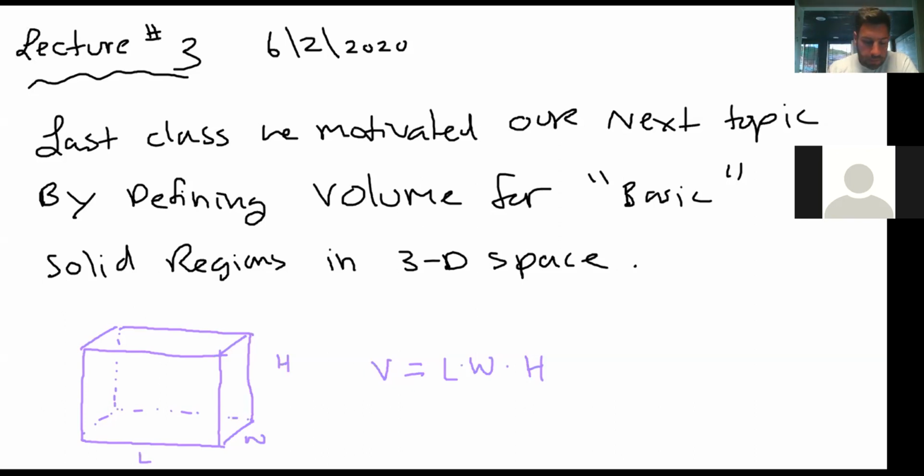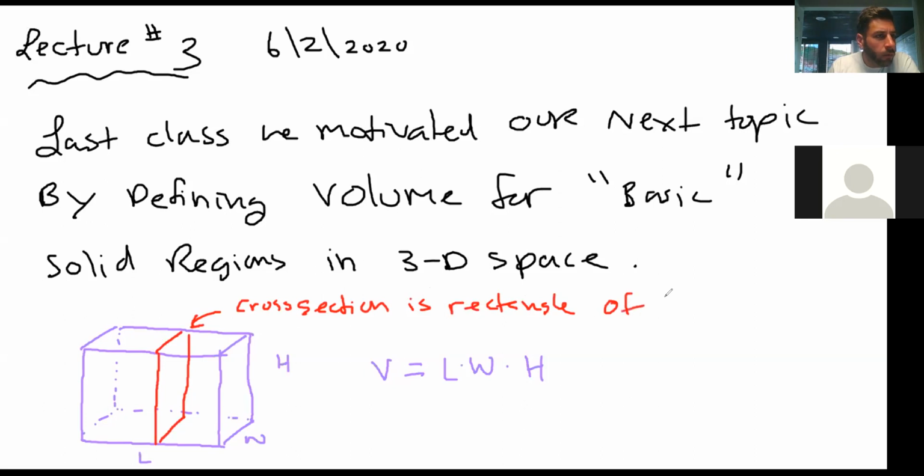So if I take a red pen and cut this thing down and make sure that my knife remains perpendicular to the base, I get this. So this is the cross section. And what is the cross section? The cross section is a rectangle